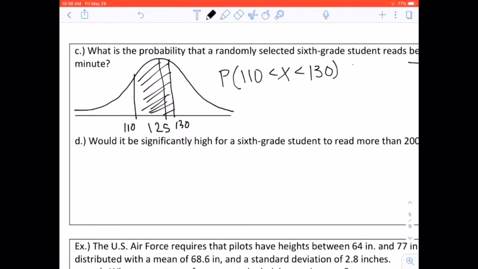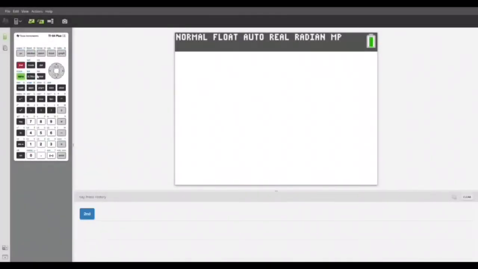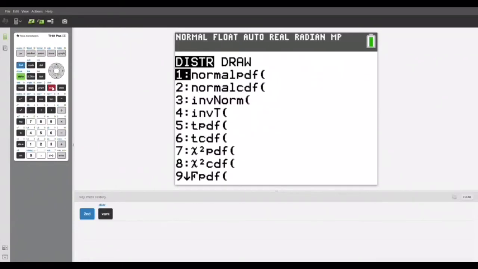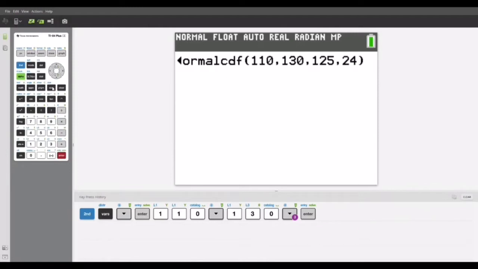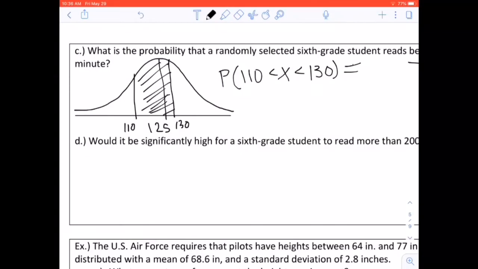To find the probability that the student reads between 110 and 130 words per minute, we use our calculator. We go second, vars, and our lower bound for normal CDF is going to be 110. Our upper bound is going to be 130. And our mean and our standard deviation are still the same. Paste. And we get our probability from the calculator, which is 0.3165. So again, the probability that a student reads between 110 words per minute and 130 words per minute is